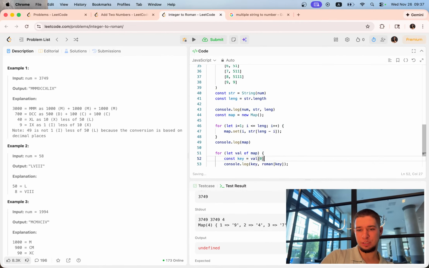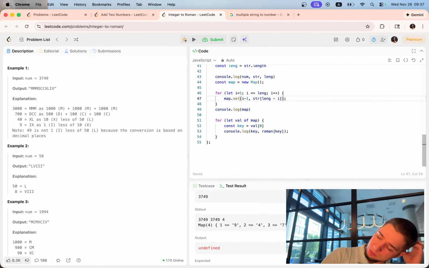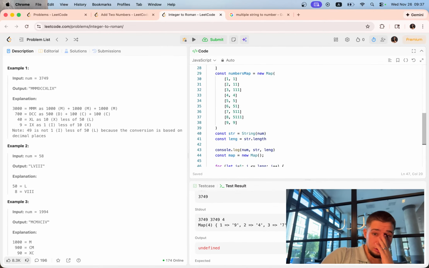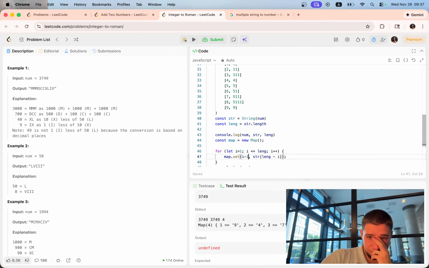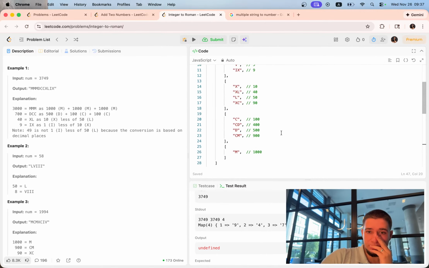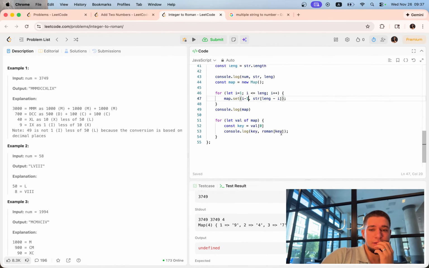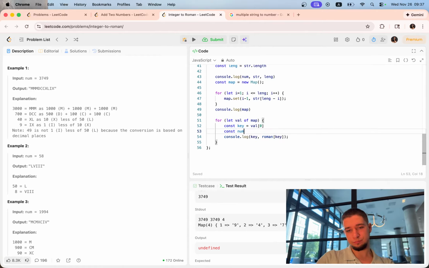No, let's still have what we have here. And Roman key. And for example, we have const number, value 1. We should map